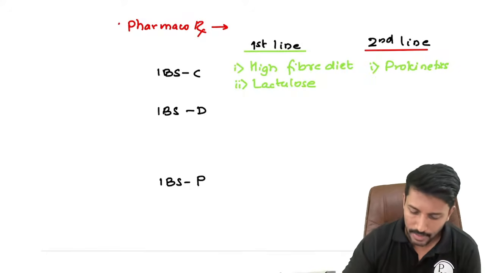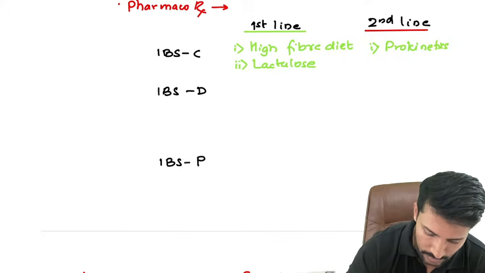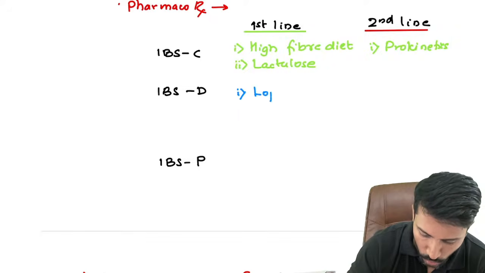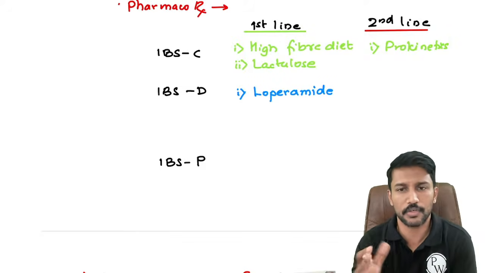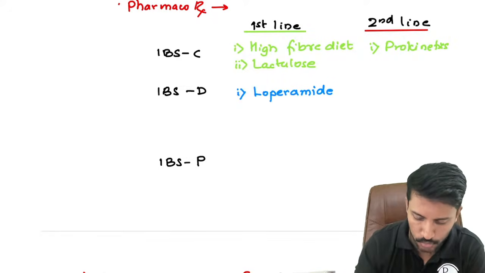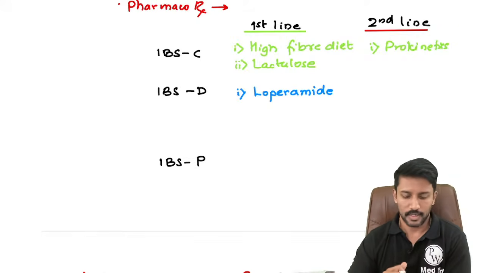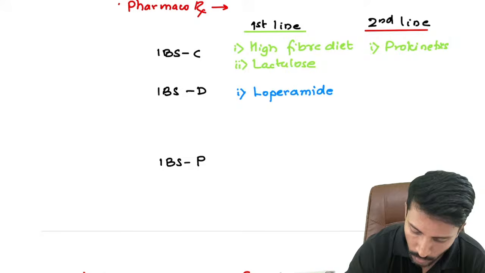Okay. And if I have a diarrhea predominant patient, what can I use as the first line? For a diarrhea predominant patient, the go-to drug, whenever someone gets loose stools and asks the pharmacist for a medication, they give you loperamide. The usual dose is 2 milligrams. But if this is not helping, what else can I use as a second line agent?